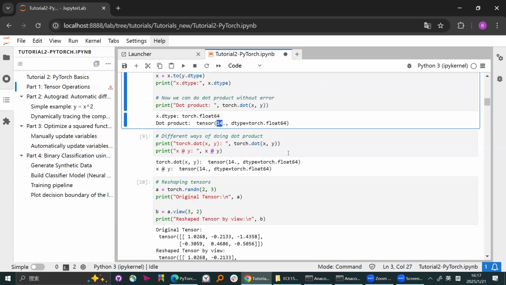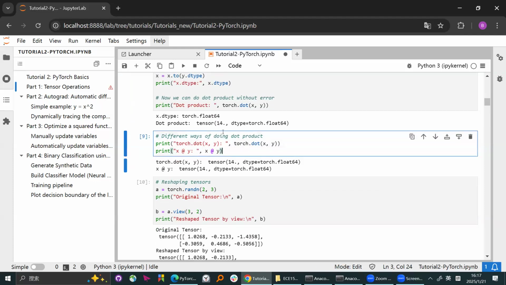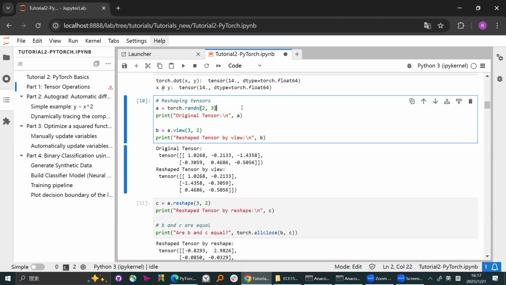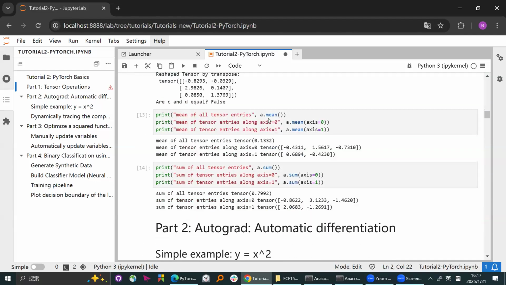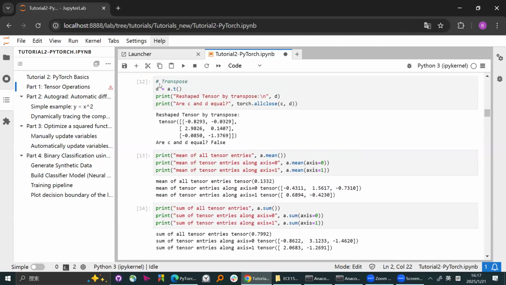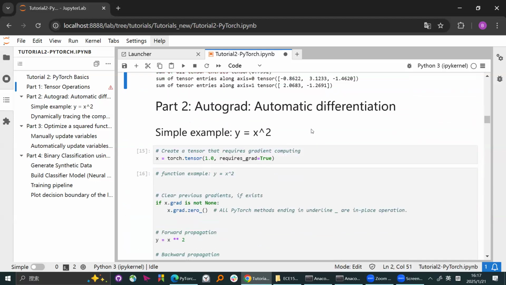Okay, if no, let's go forwards. So dot product can also be represented as the add operator, which is the same as the NumPy array. Then I'll skip this stuff because that's almost the same as NumPy. Like how can you do transpose? How can you do the average over some axis, summation over some axis, which is the same as NumPy, right? So part two will be the interesting part, the automatic